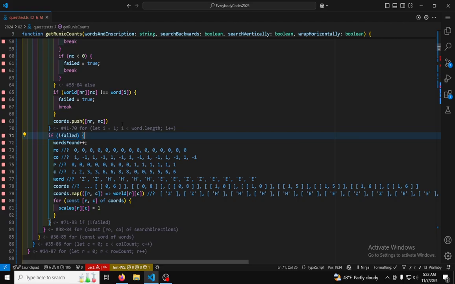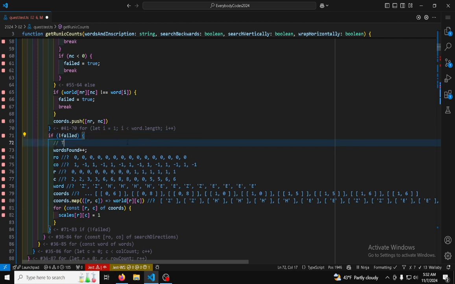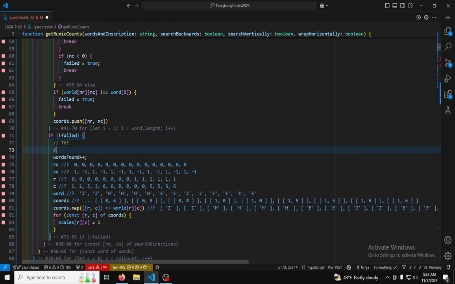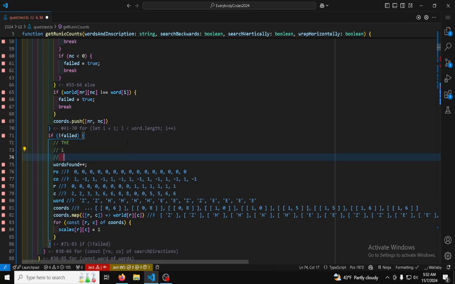I'm trying to think if this does affect multi-character words, because if you have THE at 0, 1, 2, and you're here and you found the, and then if you're over here searching the other way, because of course you're searching horizontally, you're going to find